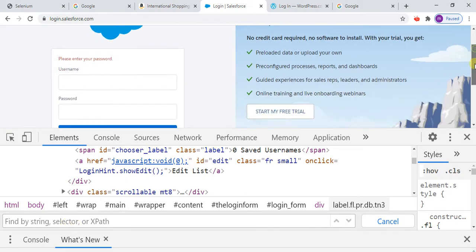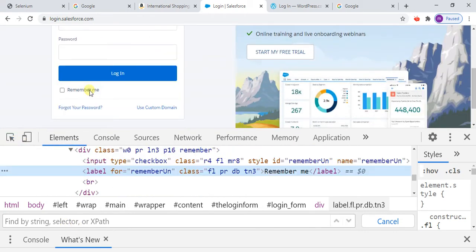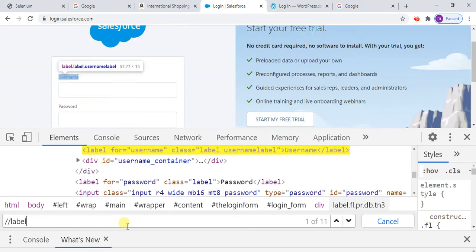Here we have the tag name called label, double forward slash. So we have 11 labels there. Then open the bracket, write contains, then text.